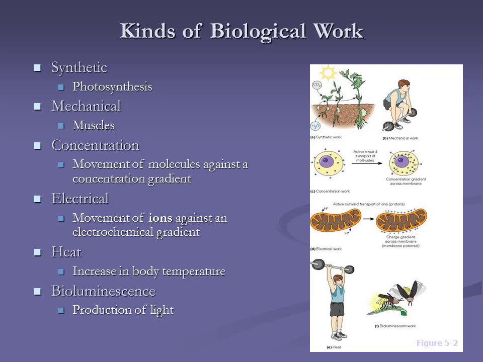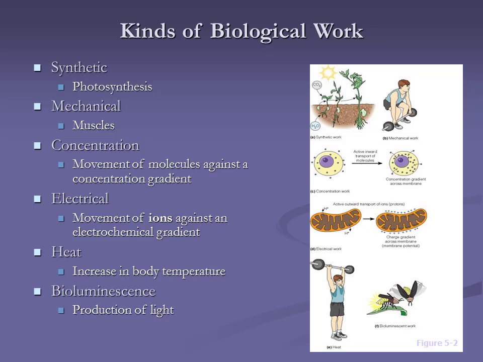So biological work. This sort of puts a little bit more detail on what we talked about, synthetic. We can look at synthetic work being making new DNA strands, making proteins from nucleic acids. Photosynthesis is a big one for the autotrophs. Mechanical work, our muscles do that. Electrical work, this is going to be important for our nerves in our body. Heat, when you get very, very cold, how do you warm your body? Shivering. Do you think, oh, I'm cold, I'm going to shiver to generate more heat? It does it on its own.